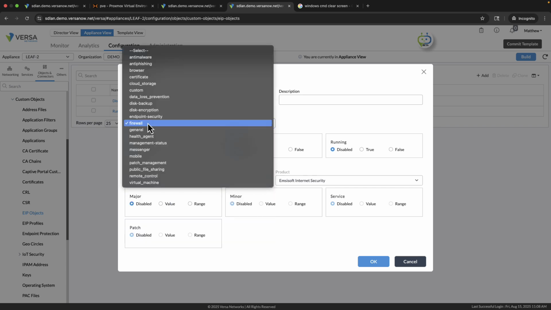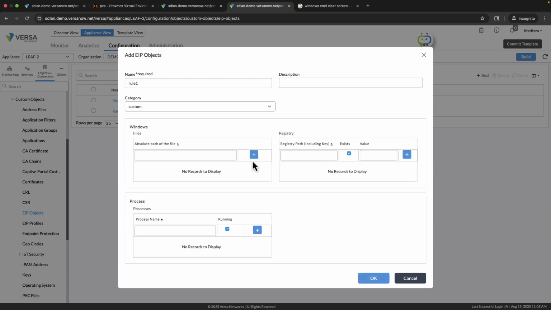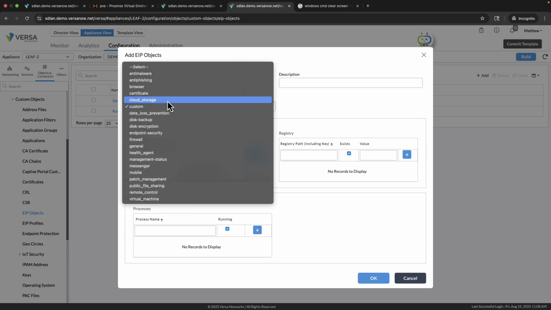We can check things such as, let's say, Windows registry. If the Windows registry changes to any other value, again, we can change the behavior of the switch. If the file is present or not present, or if on your Linux or macOS device or Windows we have certain process which is running or not running, we can change the behavior of the switch if that process is being disabled. So the customization, the capabilities that you have are